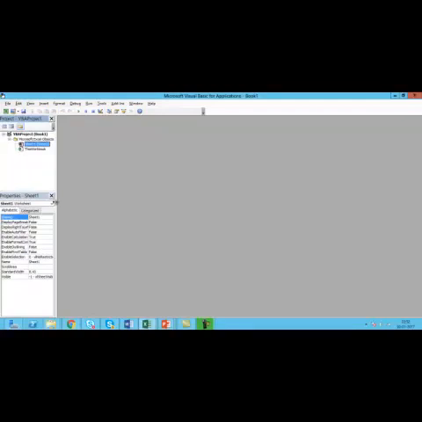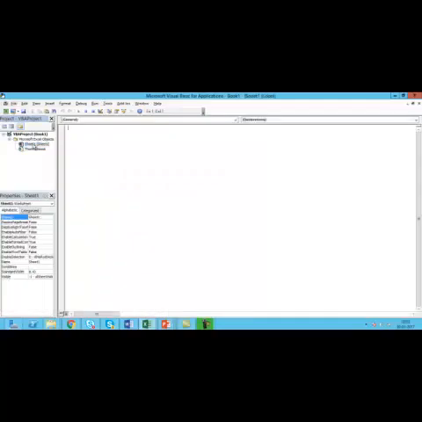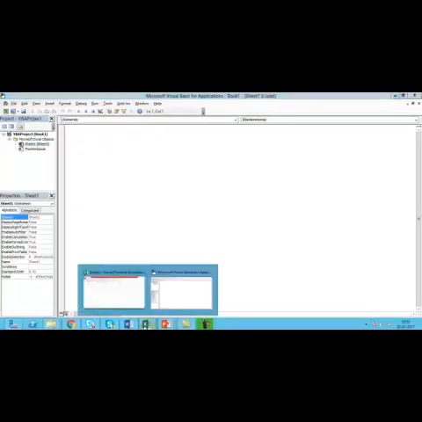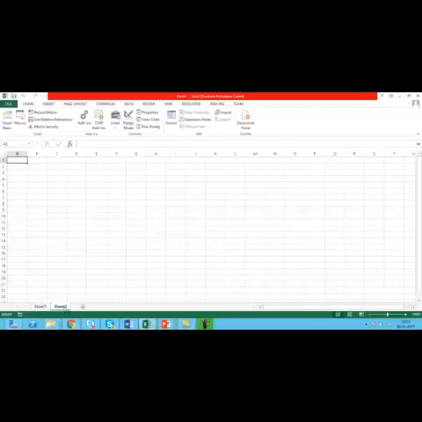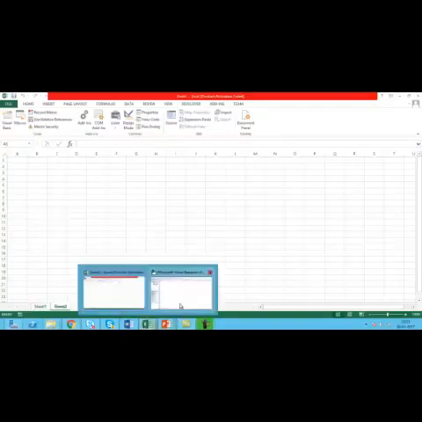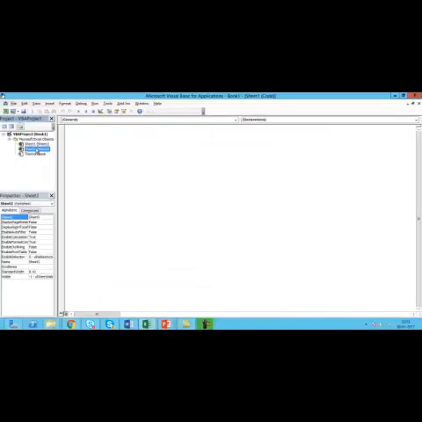Now at the same time, we will also be getting the Properties window. The Properties window is meant for specifying the properties of each object that we select here in this Explorer. Now if you click on Sheet 1, we get the properties of Sheet 1. If you just click on this workbook, we get the properties of this workbook. Now if you look at this Explorer, we have by default Sheet 1. Now suppose you go and add one more sheet, this Explorer will automatically add one more sheet here.